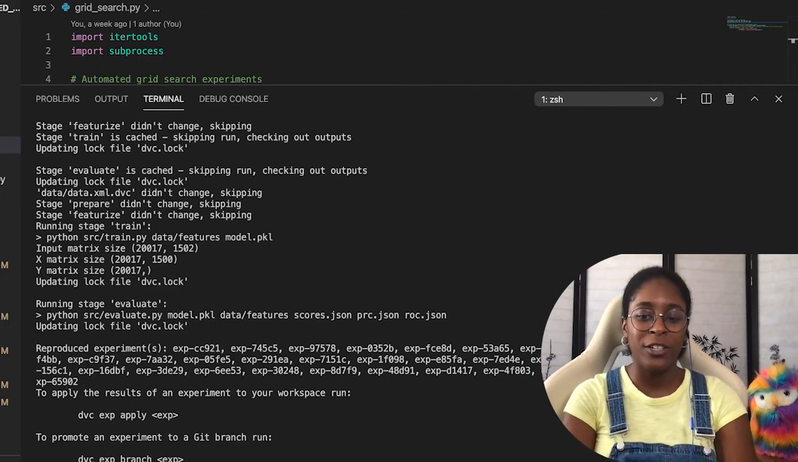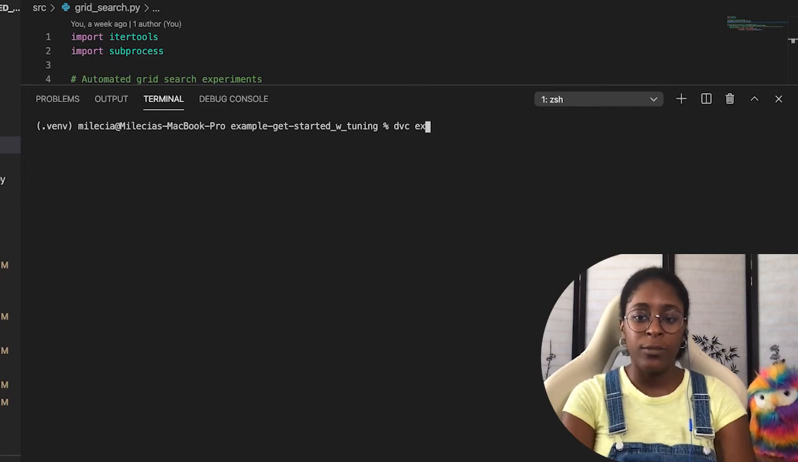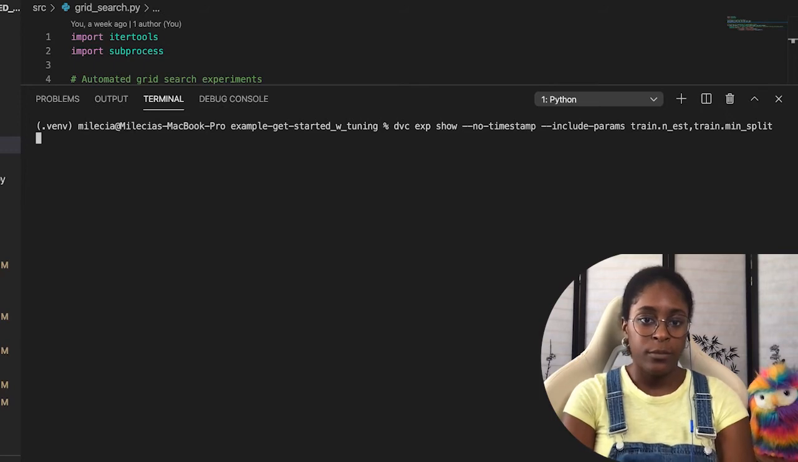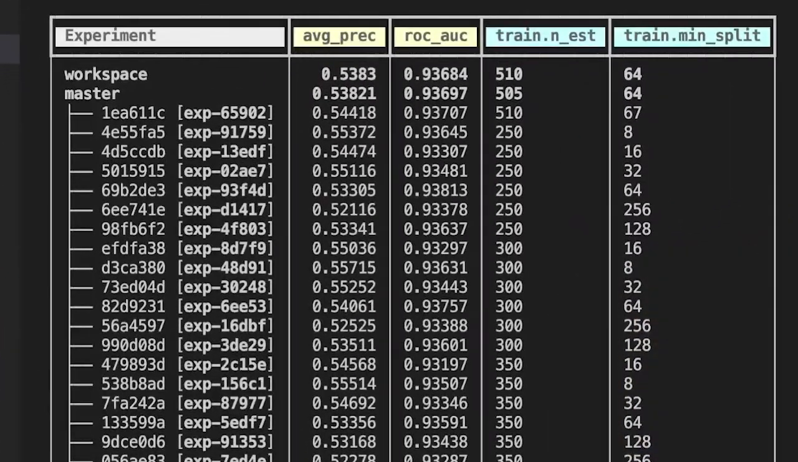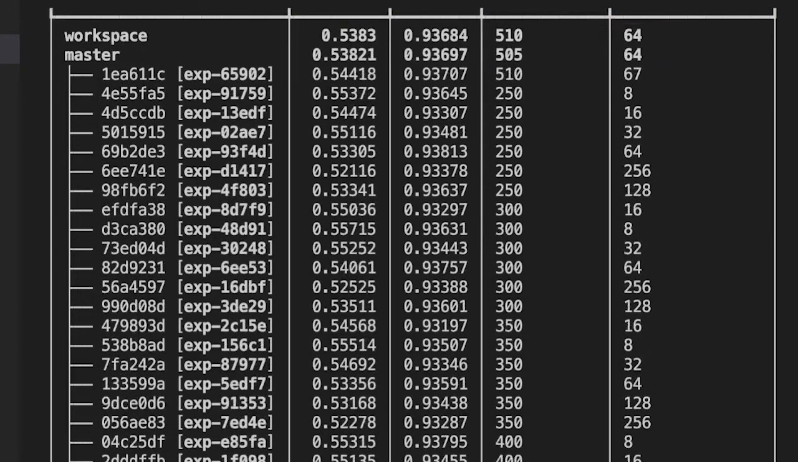If I clear the terminal and bring up our table again, this time I'm going to add a few more options so that the table is clearer for us to see which hyperparameters got updated. So I'm going to include the train.nest and train.minSplit. And now you see this table is a little bit easier to read, but we have all of those queued